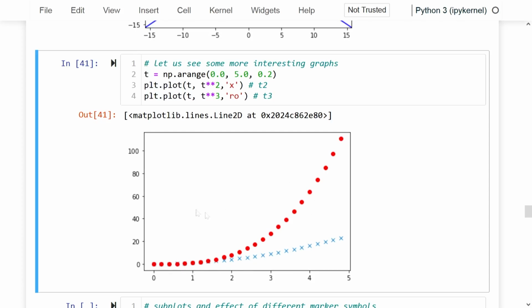Similarly up to 5. What am I plotting? This variable t, comma, on the y-axis it is t squared, t to the power of 2. So 1 to the power 2 is 1, 2 to the power 2 is 4, 3 to the power 2 is 9, 4 to the power 2 is 16. Okay, this is the blue line. So 16 and